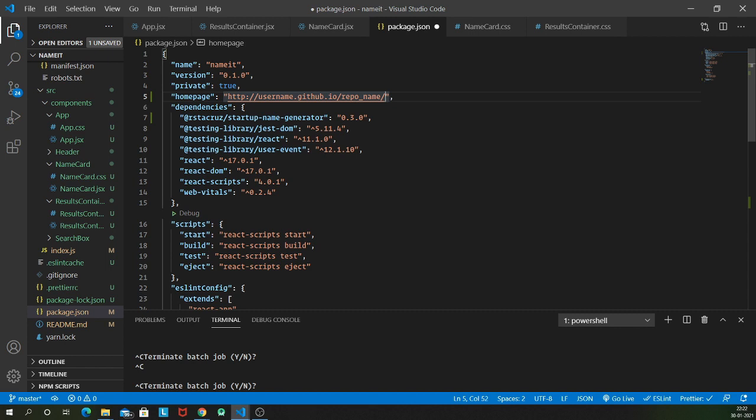The third case is for me, because I have set up a custom domain with my GHpages account. So I am going to type theleanprogrammer.com/name it. And it's as simple as that. Setting up a custom domain, I can very easily create a separate video on that, and you can even search it on Google, how to set up a custom domain with GHpages. So yeah, that was the first step.